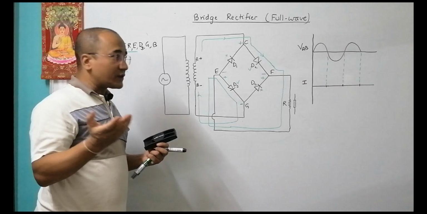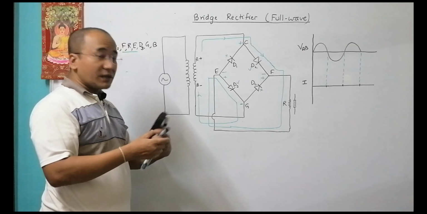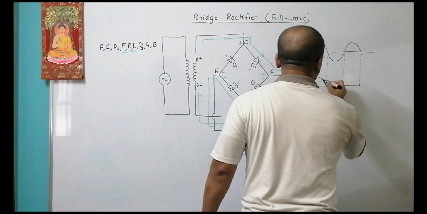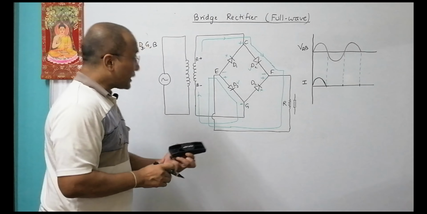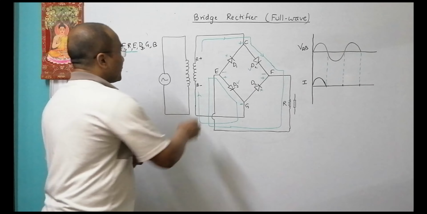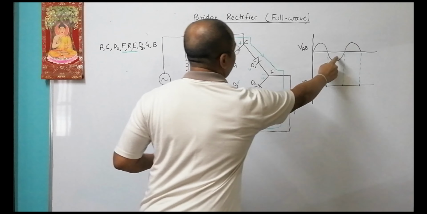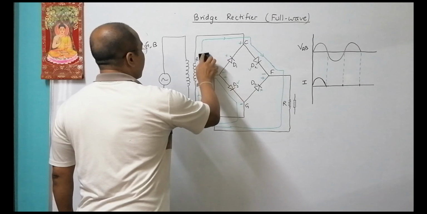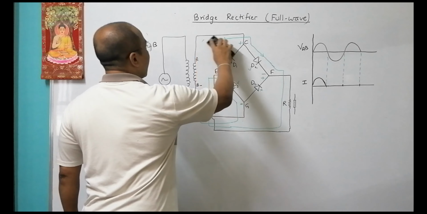Since voltage increases, current increases; voltage decreases, current decreases. So the pattern of current should be somewhat like this, same as the voltage here. Now what I do is, after some time this A will be negative and B positive. See here, negative. Now I have to change all of these things. So I will rub it, and it does not disturb the diagram very much, because I know the way of rubbing. That's what we call experience. So let me rub it. Hope that it doesn't cause too much time loss.